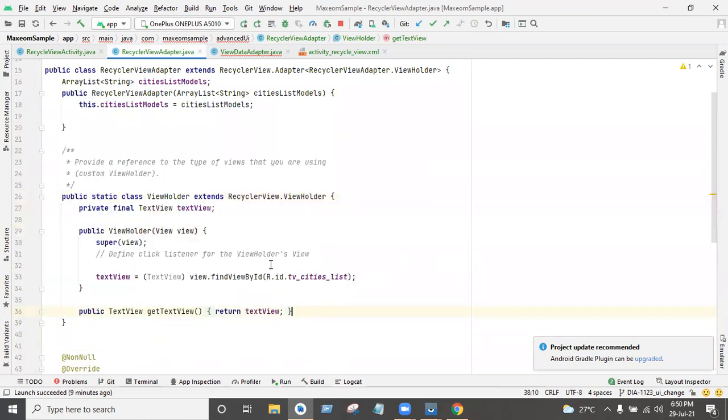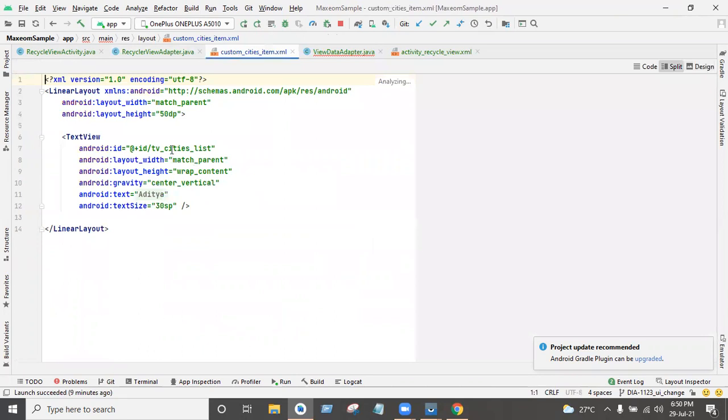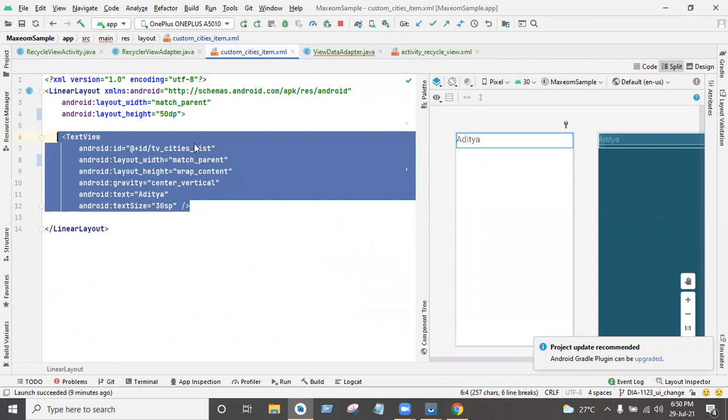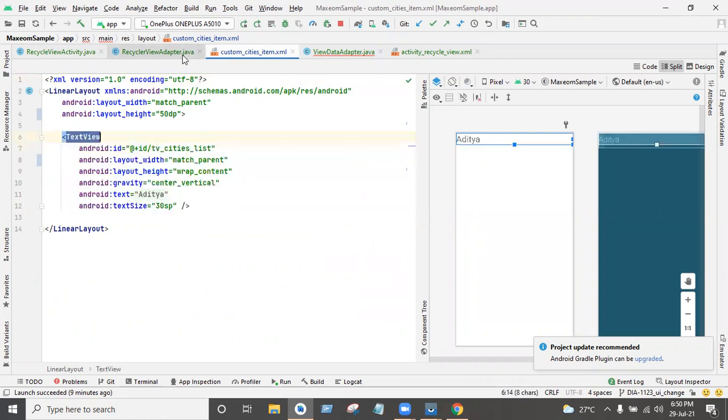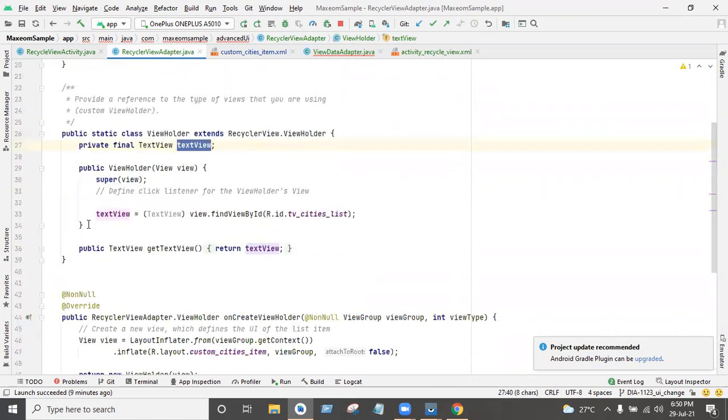Whatever the layout has, the IDs. Here I have only one text view, so I took the ID text view here. In that super of view, I find that ID in this text view.